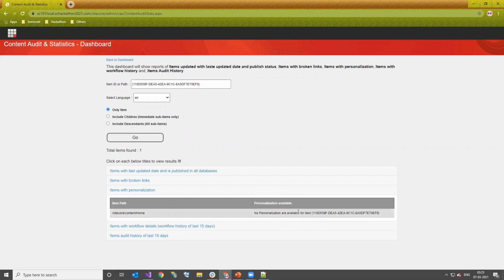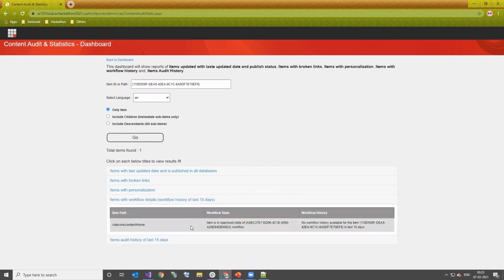The fourth section has the workflow state and the workflow history of the item for the past 15 days. For example, the item is now in the approved state of this particular workflow, and there is no workflow history available for the item in the last 15 days.